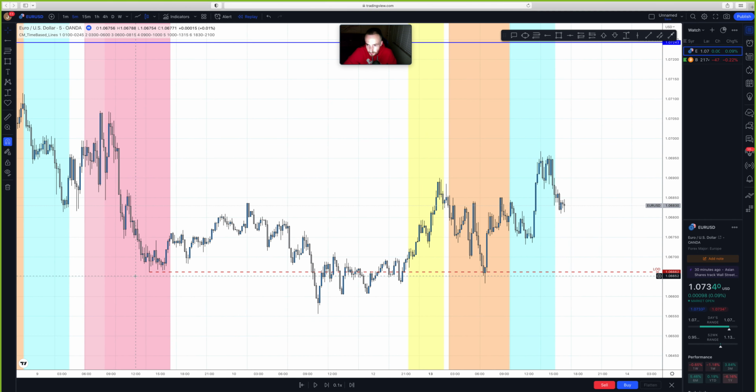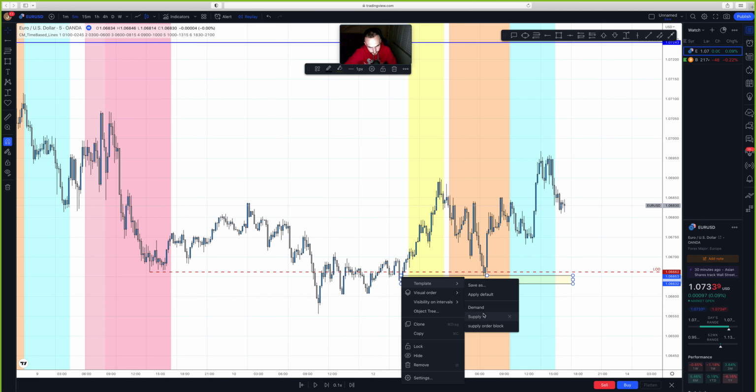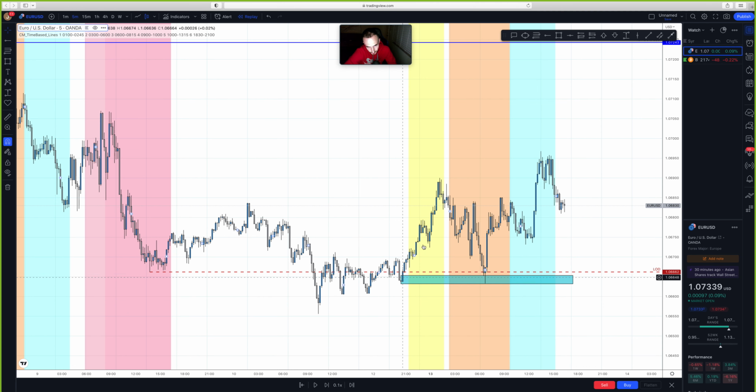This is very important. When I tell you guys it's very important to mark the highs and lows of days correctly. Notice we have this low of day right here, and then we have this demand zone that was created right before Frankfurt, this session right here, which is before London. Notice how we created this demand zone, and then London pulled back exactly to the pip, touching the low of day in this demand zone.